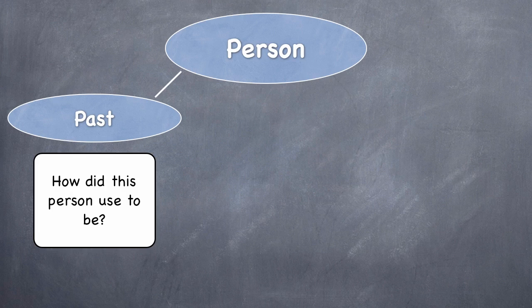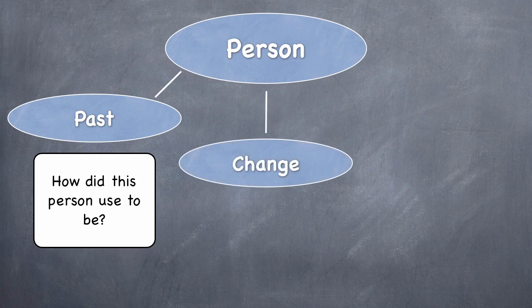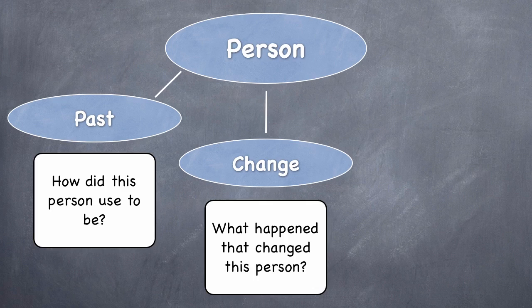Next, section 2 or part 2 would be about the actual change. What happened? The event or events or factors that made this person change. What actually brought about the change in this person? Maybe the person went to college and college life changed this person, or maybe this person went to prison, or maybe this person underwent some sort of an interesting transformation, or maybe childbirth, or passing of a loved one. It could be anything, but this is a changing event or changing factors.